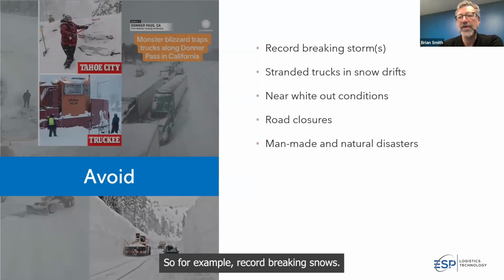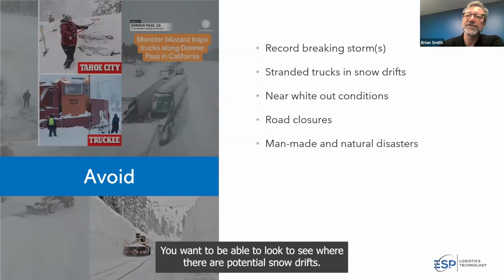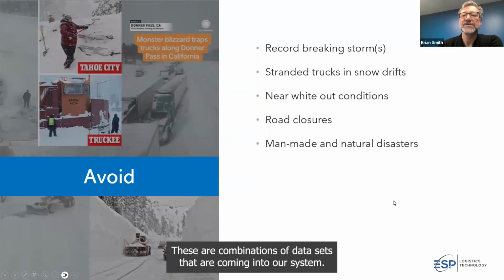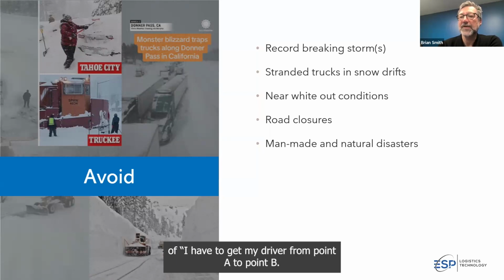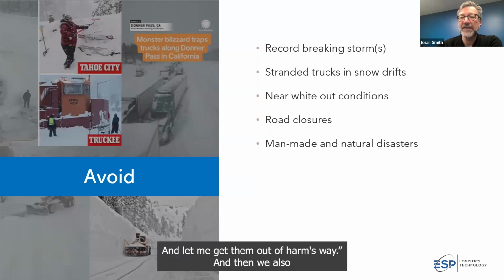So obviously, when we're moving assets, we want to avoid a certain amount of types of things. So for example, record breaking snows, you don't want your driver to go through that. You want to be able to look to see where there are potential snow drifts, and snow drifts happen with wind and excessive snow, whiteout conditions, wind. These are combinations of data sets that are coming into our system. And what this allows us to do is focus on that problem of, okay, I have to get my driver from point A to point B. What is going to happen to that driver, potentially happen to that driver,